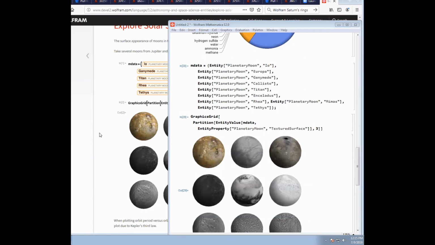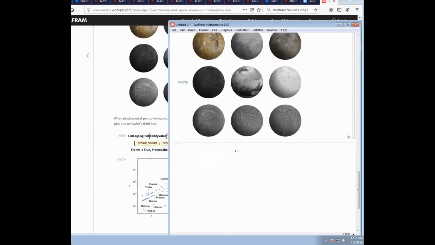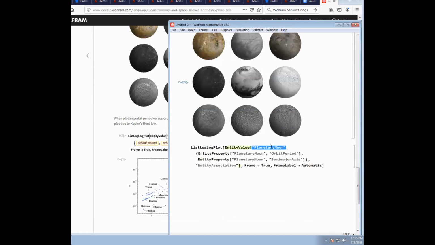And you can see that we can reproduce what we've got on the marketing page. Each one of these examples has all the code that you need to reproduce this. So if you wanted to play around with these as a basis for your own experiments, feel free to do so. Here's one where we're actually plotting more data, not just a picture, but we're actually, for every planetary moon,